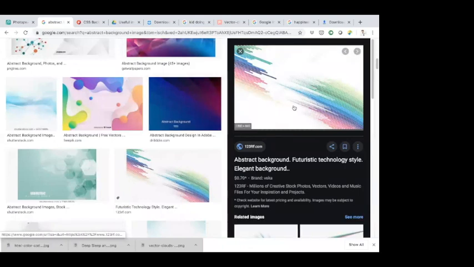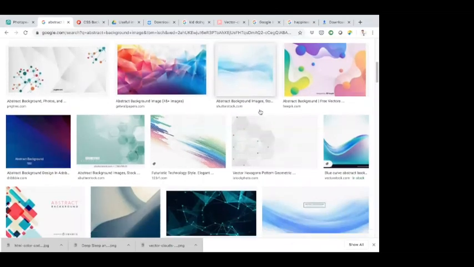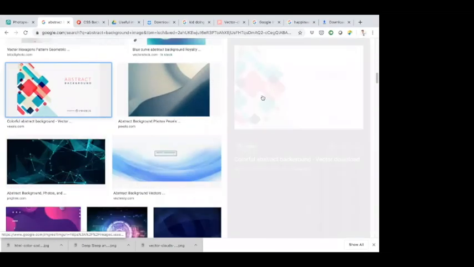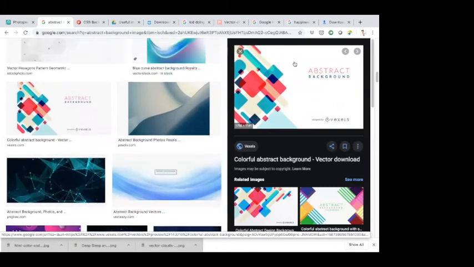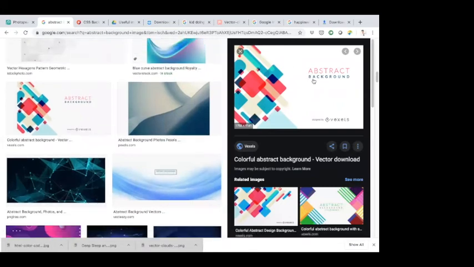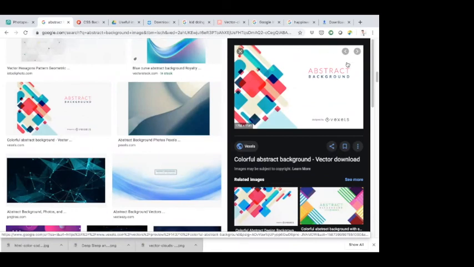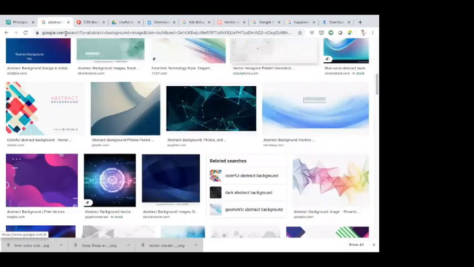So if I were to select this background image, I would place most of the stuff in the white area. So likewise, based on the background image, you can actually place each of the items in your poster. If I select this particular background image, you already have some creatives in the background image. Now you just have to put in the details in the white section. So that is some easy